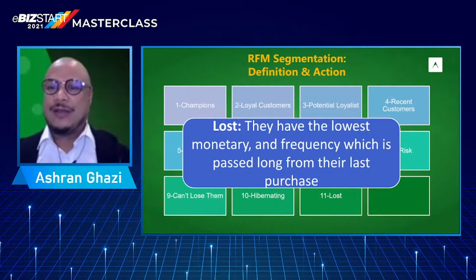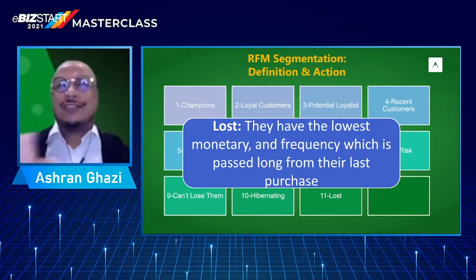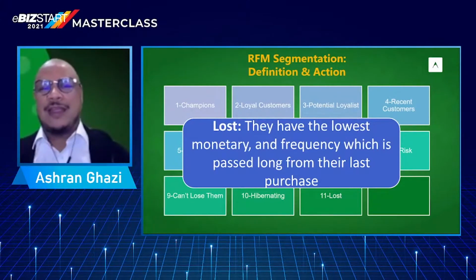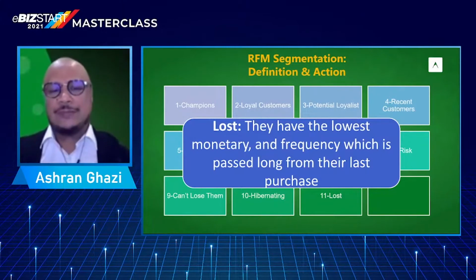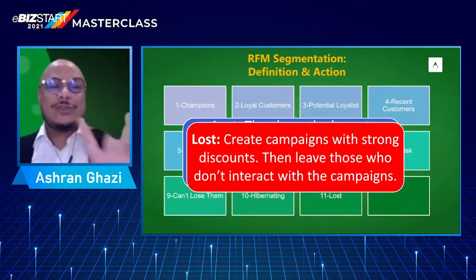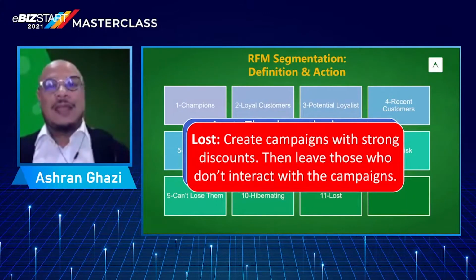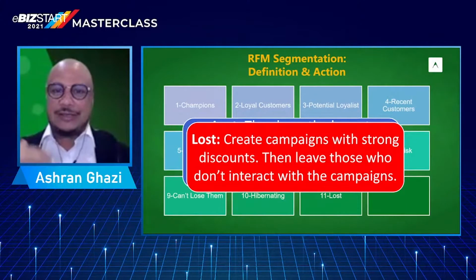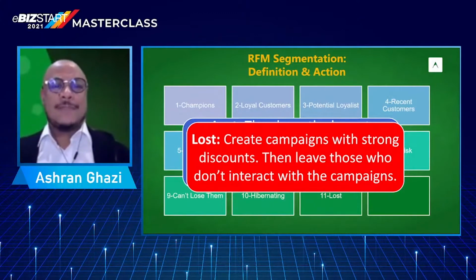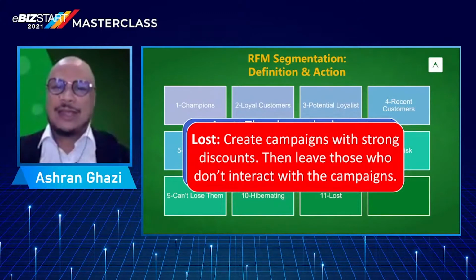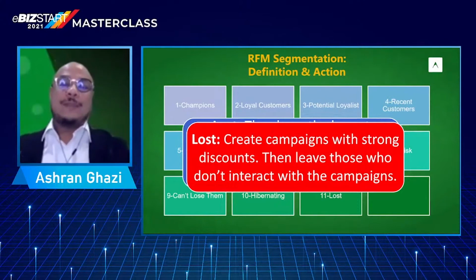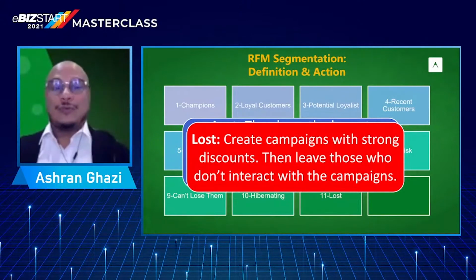Having data like this, and being in control of things, allows you to make decisions in a much clearer, more systematic manner, as opposed to just looking at the charts or numbers that you have and seeing very high broad strokes, right? So those are the 11 segments defined, and hopefully that gives you better clarity in terms of understanding what the 11 segments are and what actions you can possibly take with each group.